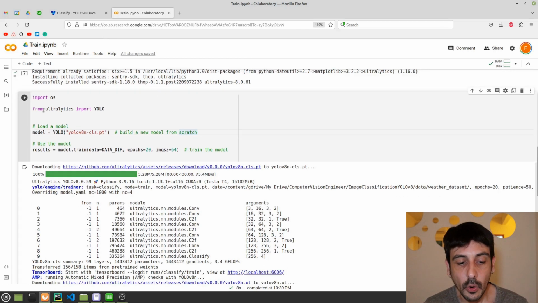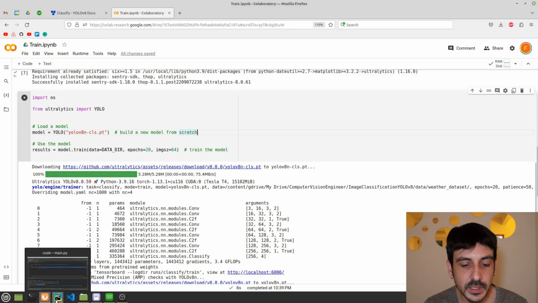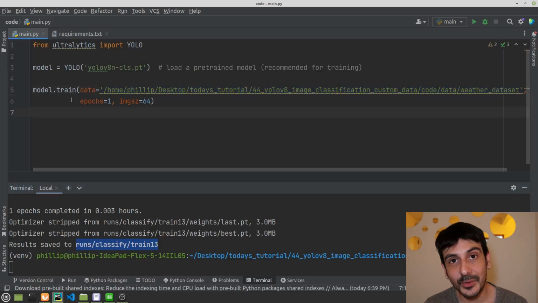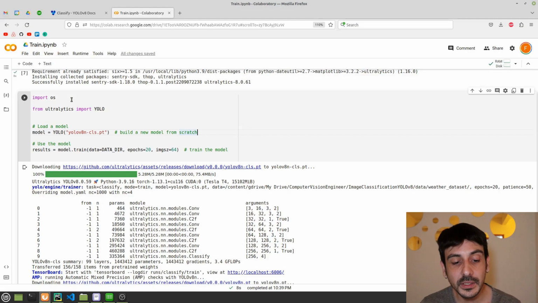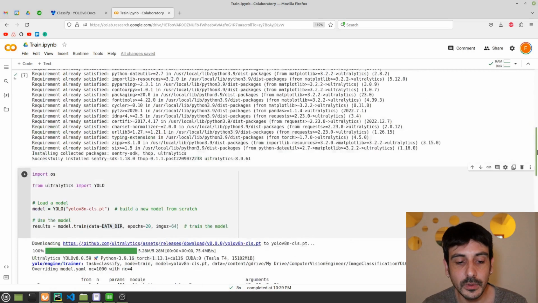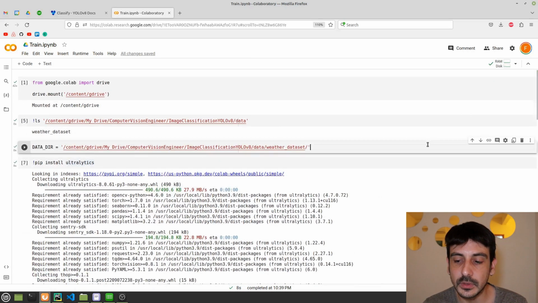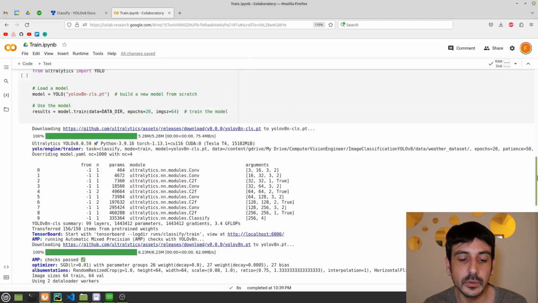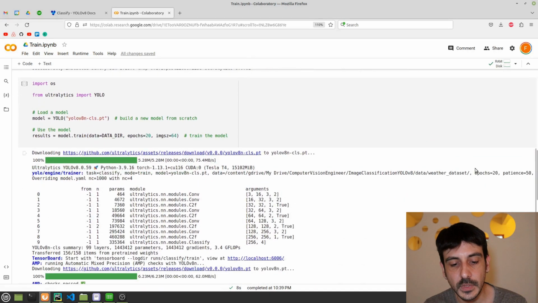And you can see that the code we have in this cell is very similar to the code we have over here, right? Basically, we are running a Python script from a Google Colab. That's all we're doing. So you can see we are importing OS, and also we are importing the YOLO library. We are importing from Ultralytics, we are importing YOLO, and then we are doing exactly the same as we were doing before. And this is where we are using the data directory, the data dir variable we have defined over here, right? So this is why it's very important you set this variable properly.